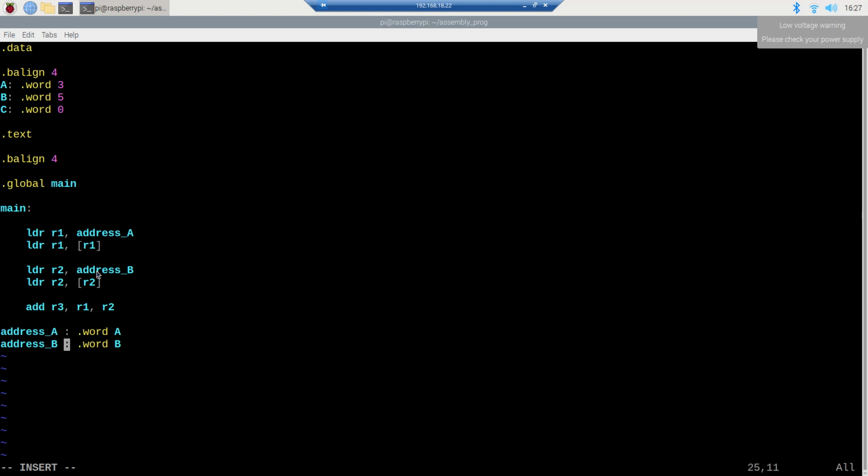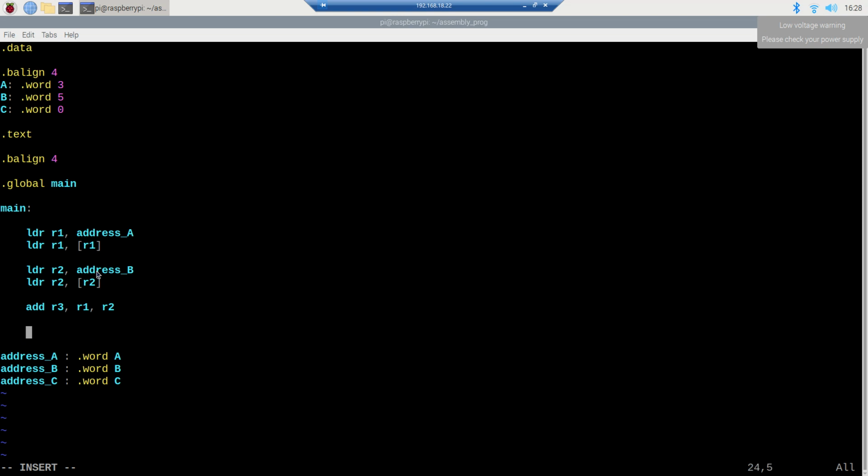Again we will need the address of this variable C as well. So we have address C followed by colon .word C, because just as the first time we needed the address of these variables to load the values, we again need the address of that memory variable where we want to move this result. So after adding,